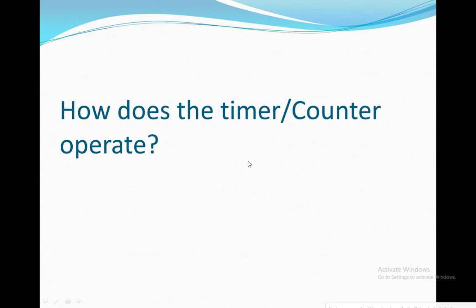So how does this timer work? As all of you know, a timer in microcontrollers works in two ways. One is timing, or timer for delay generation, and the second is counting the unknown clock signals which are fed to the microcontroller.